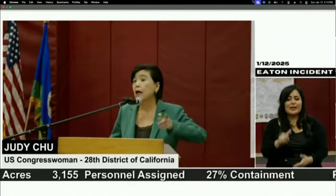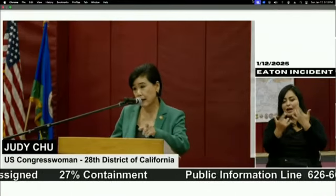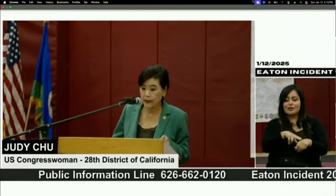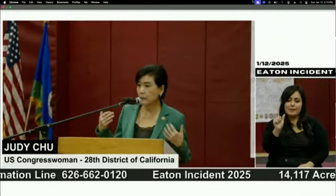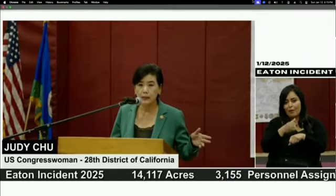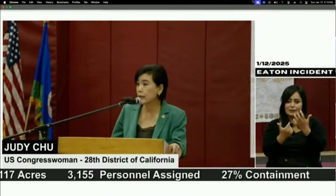And that means no expense will be spared in making sure we fight this fire and keep you safe. And President Biden immediately declared a national disaster. And what that meant was that FEMA could immediately come down and provide assistance. FEMA worked overtime to make sure that there was assistance and a website up for disaster assistance. And in fact, there is the